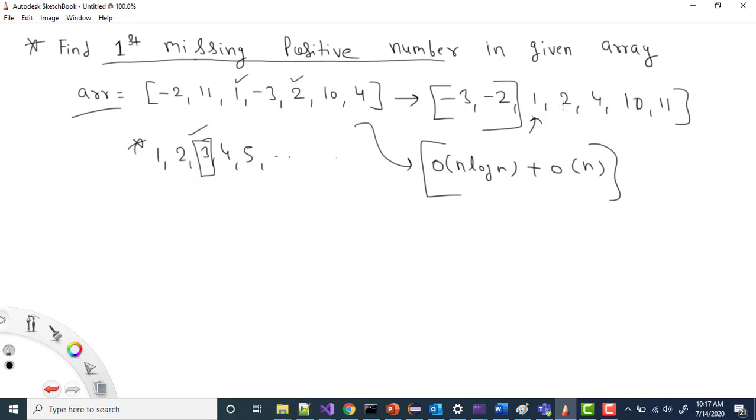So this is one of the ways. But in this case, our complexity is n log n, because the iteration is a smaller term and sorting is the bigger term, so my overall complexity is n log n.